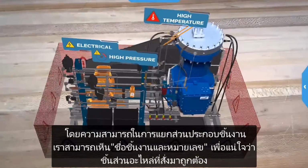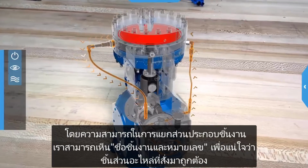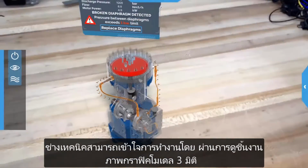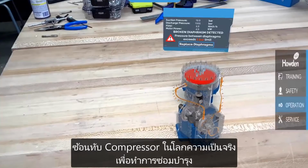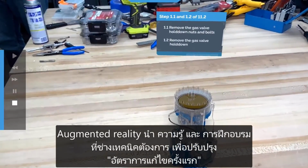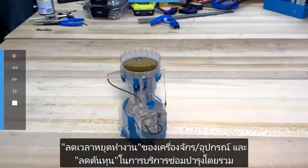And with the ability to explode components, we can see inside for part names and IDs to ensure replacement parts are ordered accurately. Once the tech understands how the compressor works, they can walk through AR 3D digital instructions overlaid on the real-world compressor to fix the asset. Augmented reality brings service techs the knowledge and training they need to improve first-time fix rates, reduce downtime, and decrease